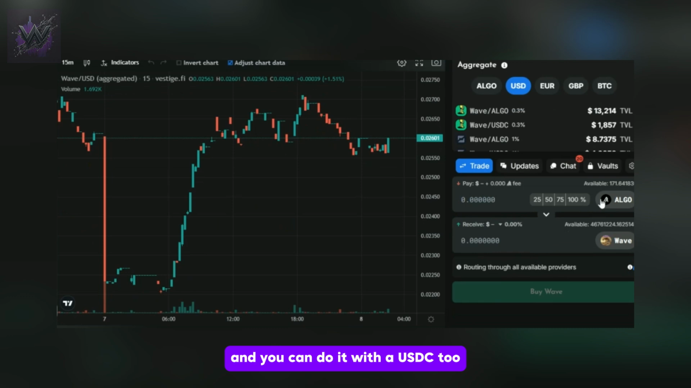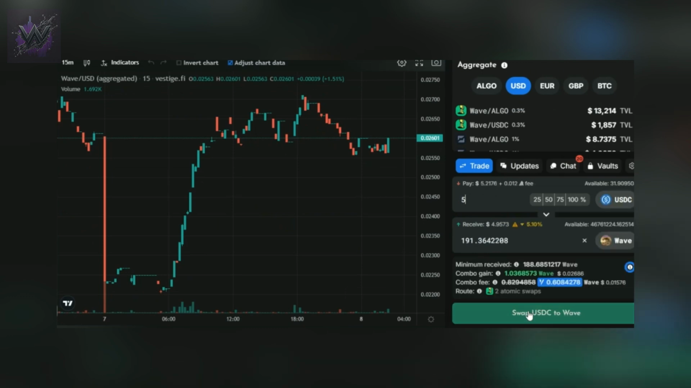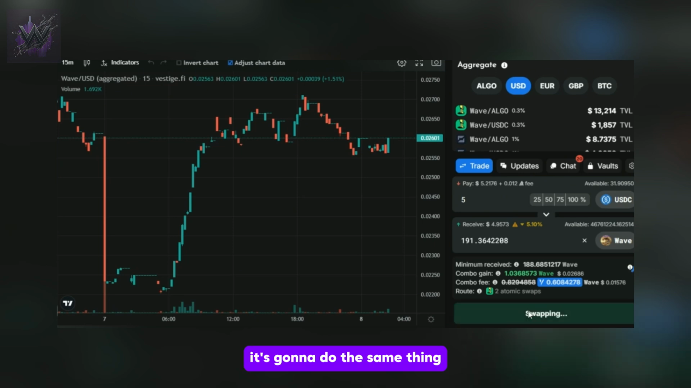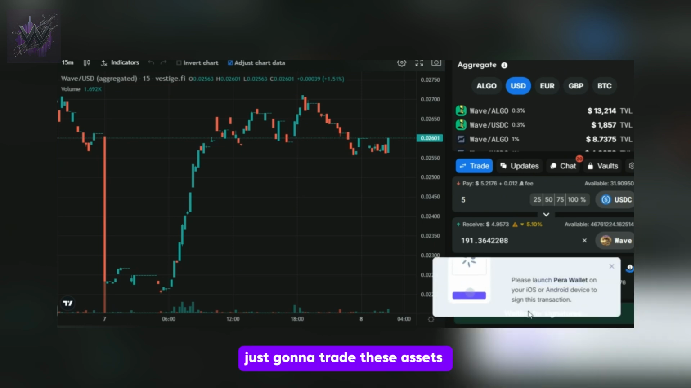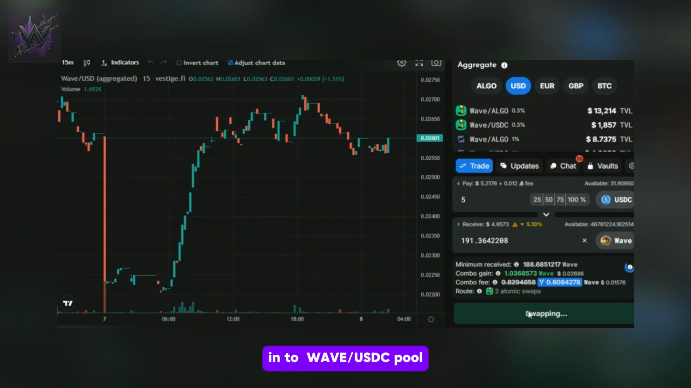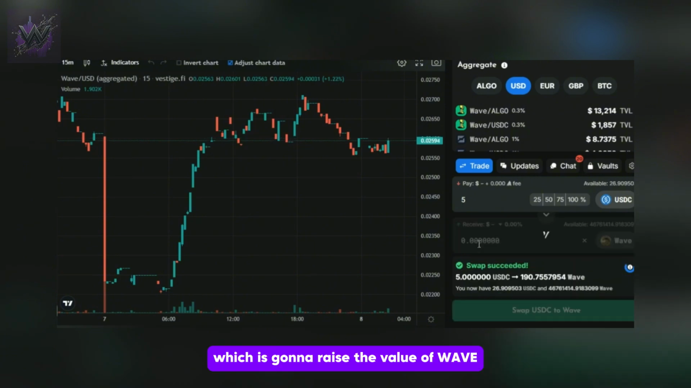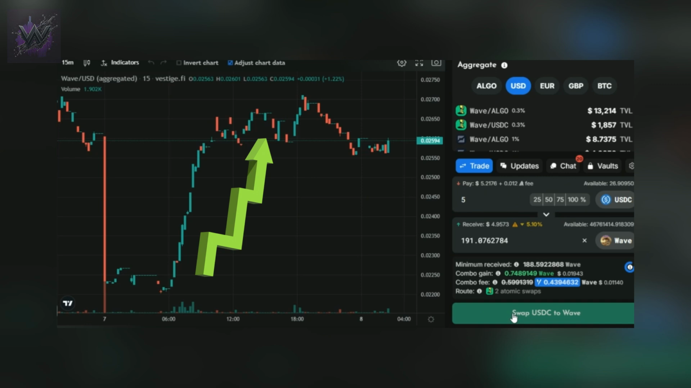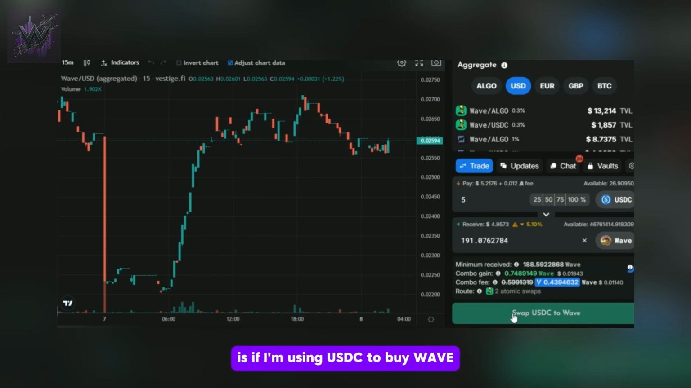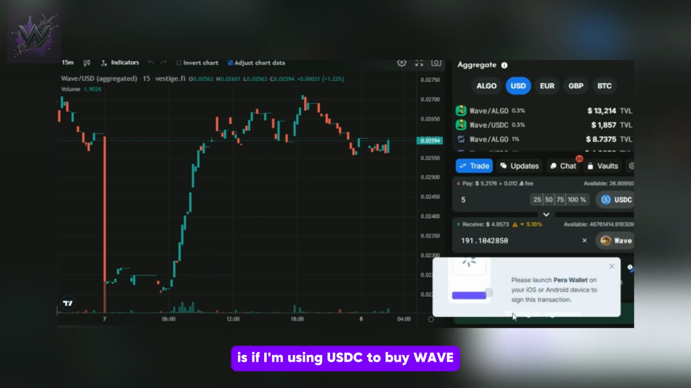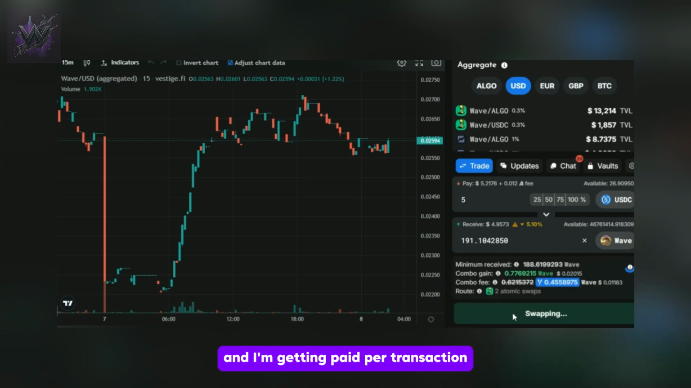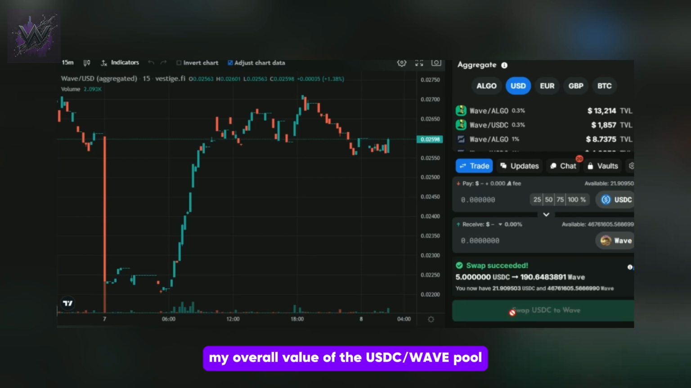And you can do it with the USDC too. It's going to do the same thing. It's going to trade these assets in the Wave and USDC pool, which is going to raise the value of Wave. And then the cool thing about this is if I'm using USDC to buy Wave and it's raising the value of Wave and I'm getting paid per transaction, and it's increasing my overall value of the USDC Wave pool,